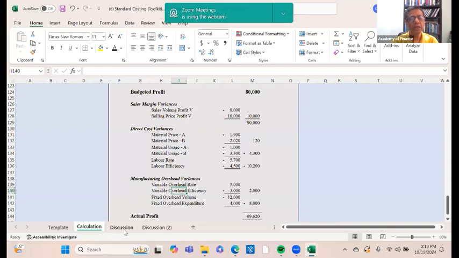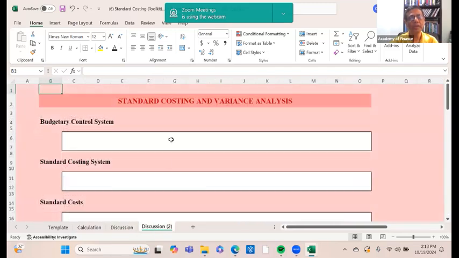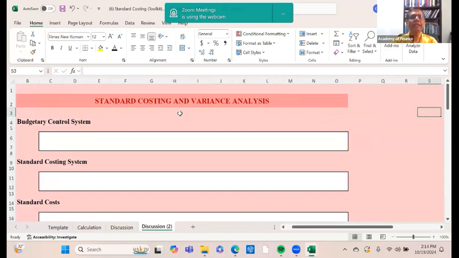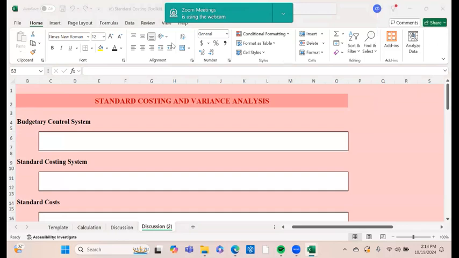Okay, right. So now we are going into a discussion. You need to interact with me a bit and tell me what a budgetary control system is. Can you tell me what a budgetary control system in an organization is? What do we try to do in a budget? We learned about budgets, but in a broad sense, what do we do in a budgetary control system? What do we try to achieve?